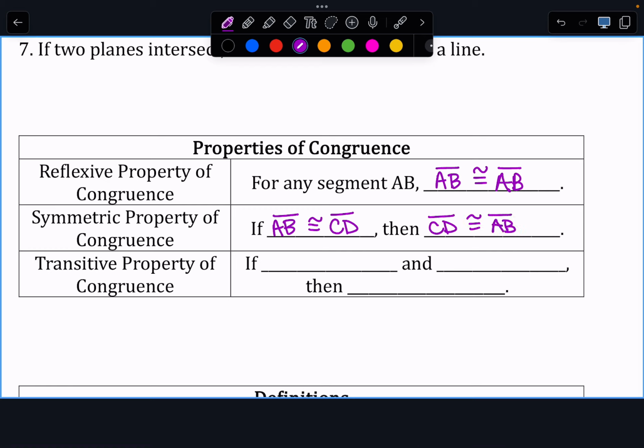That's the symmetric property of congruence. Okay? So we can do reflexive, symmetric, and transitive with congruent segments. Today and Tuesday, so our tomorrow, we are going to focus on proofs that involve segments. Okay? So transitive property: